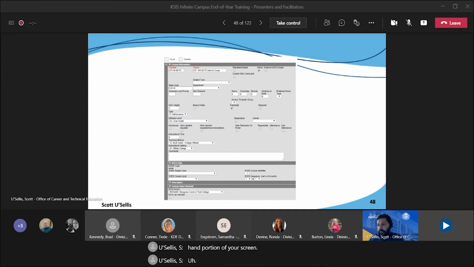Kind of navigating down the screen here, in the middle left-hand portion of your screen is the difficulty level. Difficulty level, we would mark this DC, dual credit. This is required for KIA for both KEYS and the dual credit scholarship and work ready scholarship programs. The only exceptions where you would not mark this difficulty level dual credit is if it's a mixed course, those with students taking the course for dual credit and those that are not. We'll take a look at how to deal with that situation in a bit in a following slide. And the second reason you would not populate